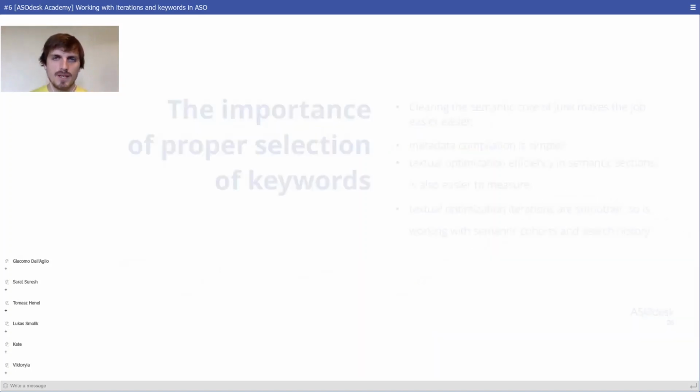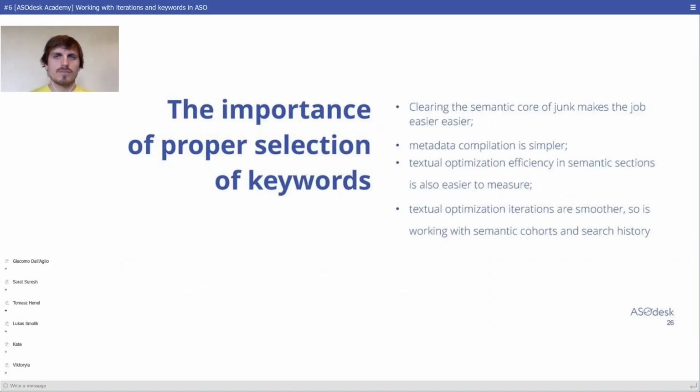keywords management. I would like to stress the importance of proper selection of keywords, because as I have said already, when we are clear in the semantic core of irrelevant keywords at the very beginning, it will be easier for us to work while following our ASOdesk iteration framework. Then we'll have a simpler process of